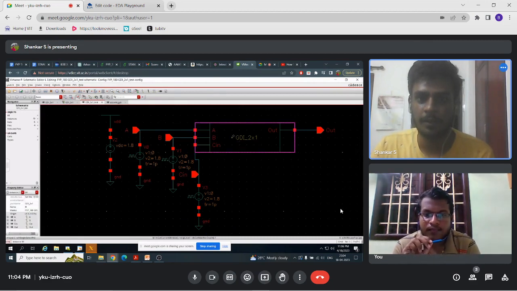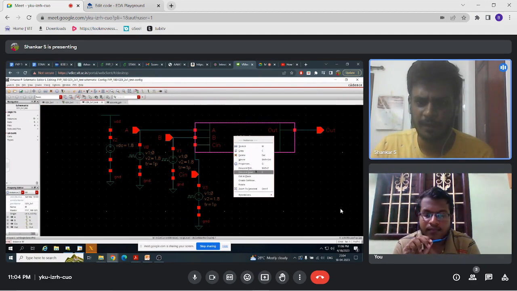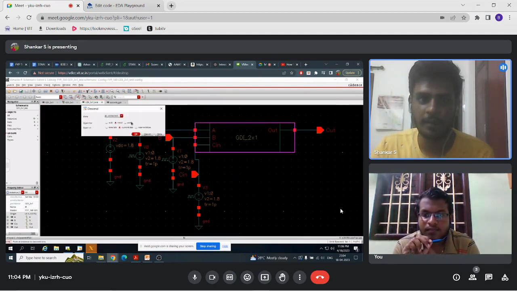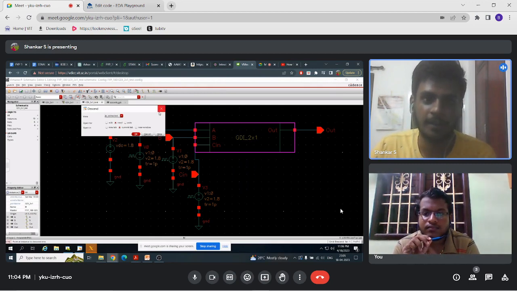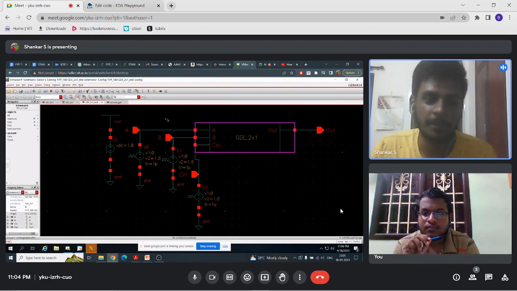If I select and descend read, it will point to the AV extracted view. The AV extracted view is nothing but the RC extracted version of the layout. So this symbol points towards the RC extracted values of the layout, thus providing accurate power and delay. That's the thing, and after creating a symbol like this,